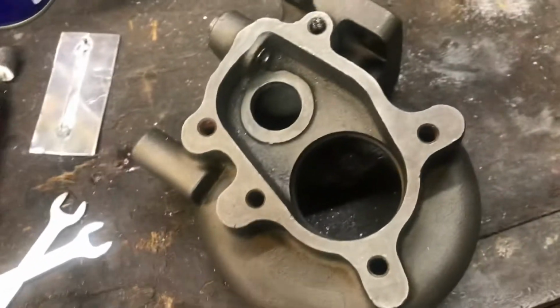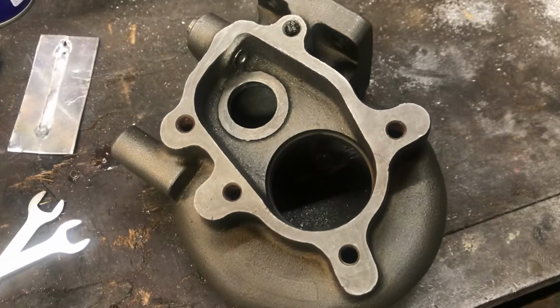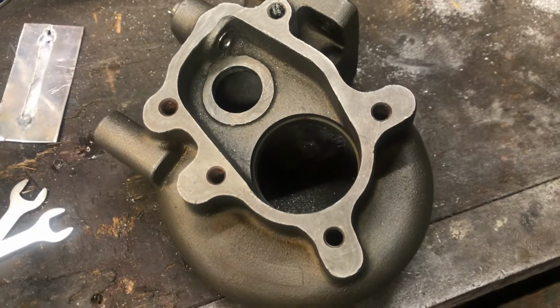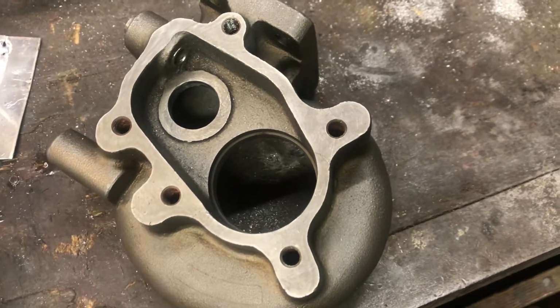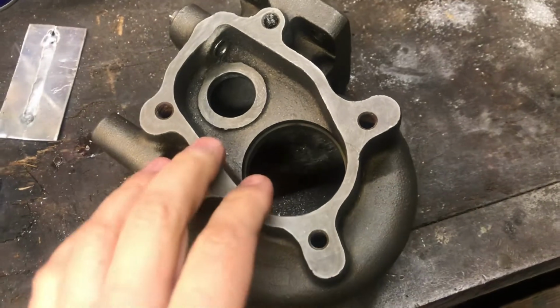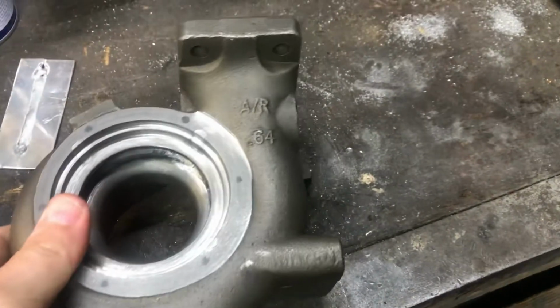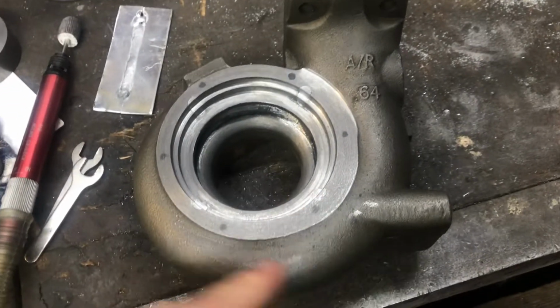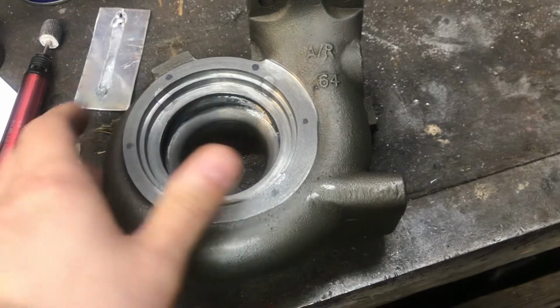I have a GT28 exhaust housing here, and this one is made for the happy Chinese people in their democracy or whatever that is. And one of the issues with these castings, well, this one is modified by me, but one of the issues with these castings is the